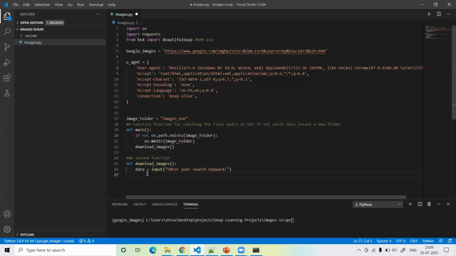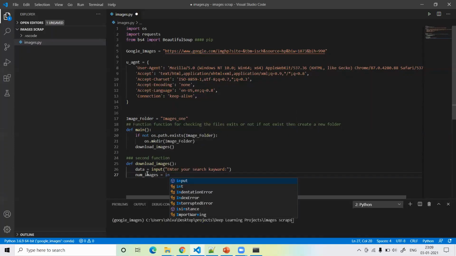Then define again how much images you want, okay. So number of images. So I just call num_images equal to, and this num_images is an integer, guys.